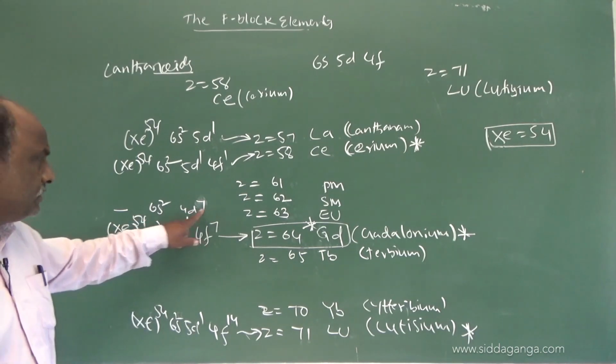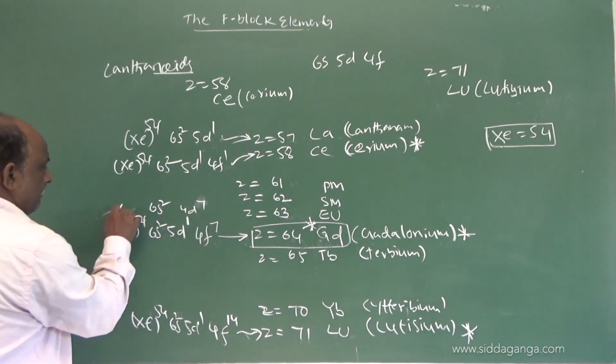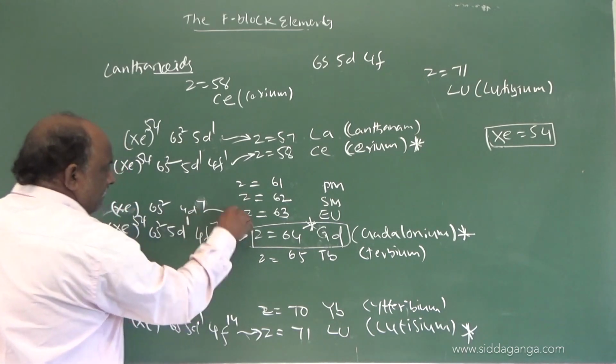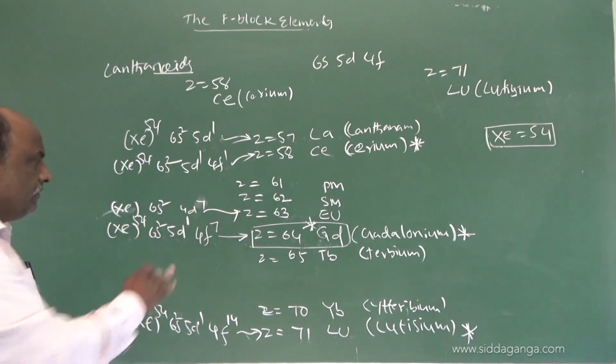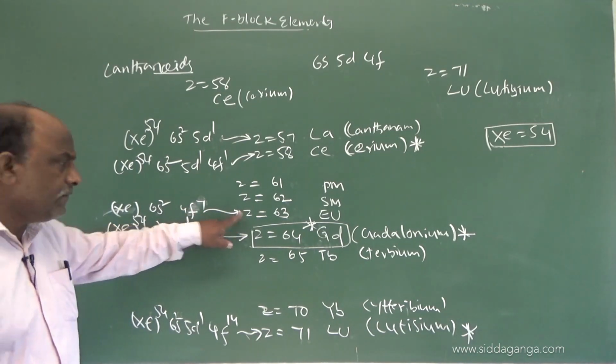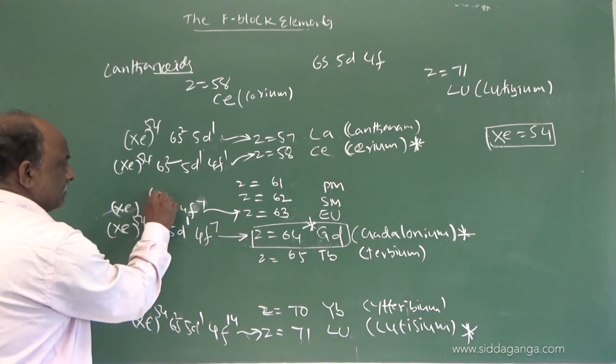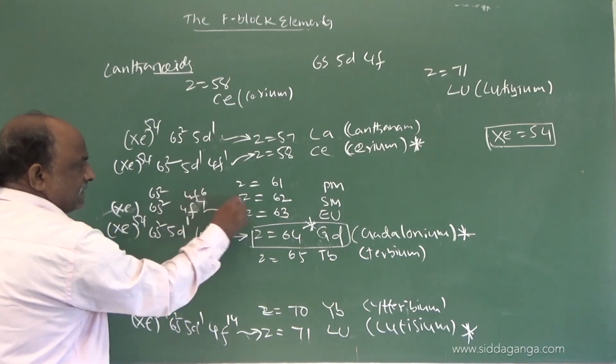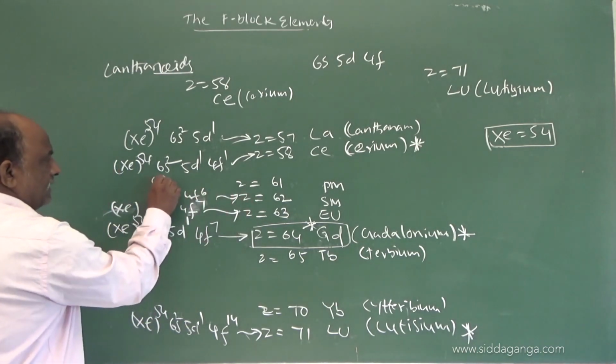See this, my dear students, this was the configuration of xenon, 54, 55, 56, 57. 6s2 4f7 is europium, and 6s2 4f6 is samarium, and 6s2